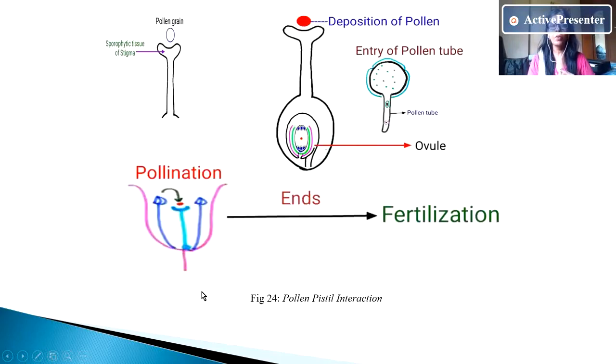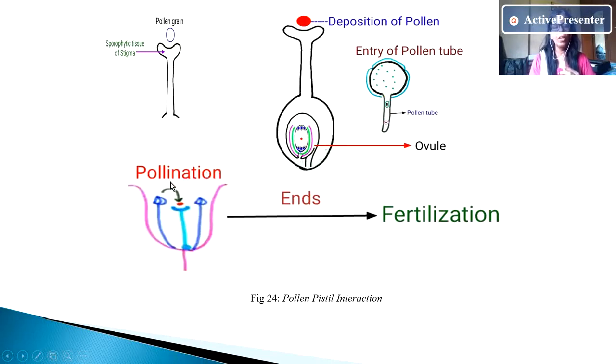See how the process works. Pollen grains are coming and sticking on the stigmatic region. Here is the deposition of pollen grains on the stigma. This is the male organ and this is the female organ, with the female gamete. Many pollen grains will come and stick and absorb water and nutrients from the stigmatic region. They will start to produce the pollen tube. The pollen tube enters through the style and goes into the female gametophyte. The different types of entry we will see.